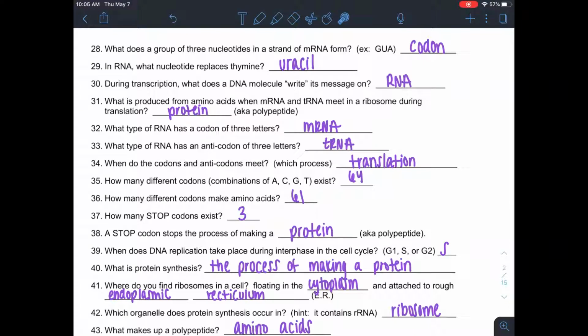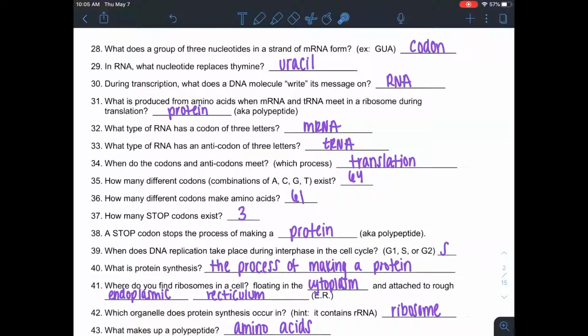Okay, for number 30, during transcription, what does a DNA molecule write its message on? That would be a piece of RNA, right? So it's transcribing a piece of RNA. For 31 here, what is produced from amino acids when mRNA and tRNA meet in the ribosome during translation,